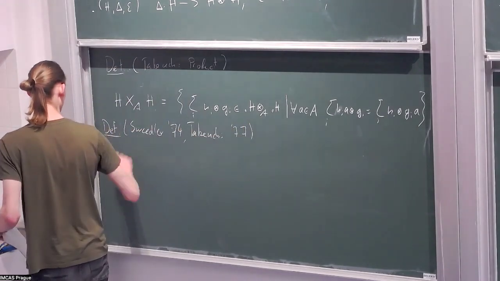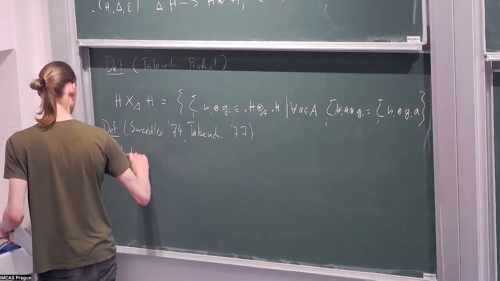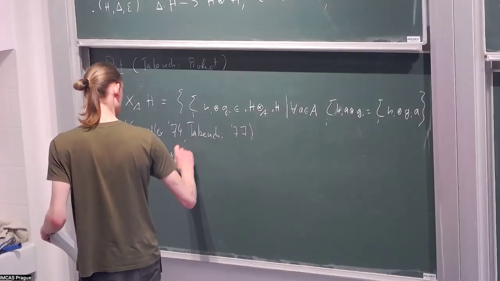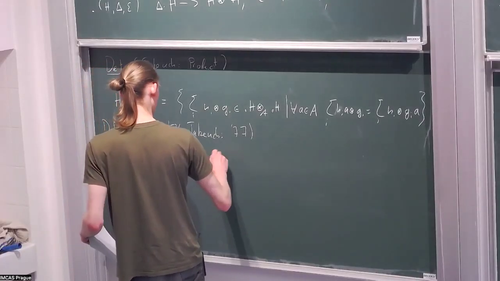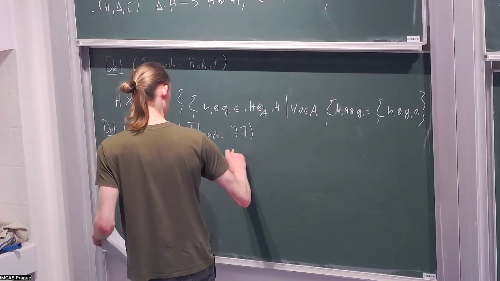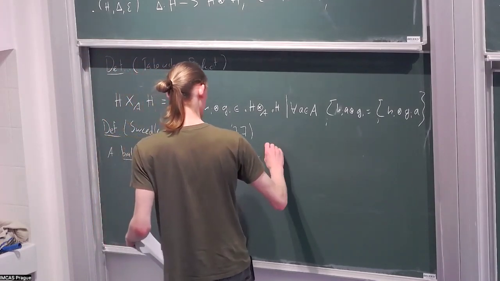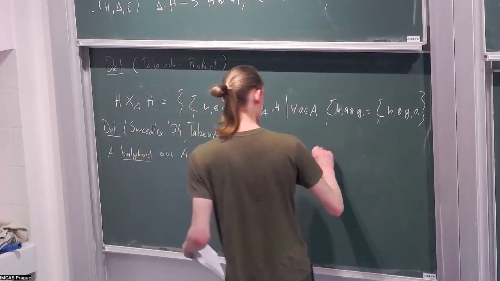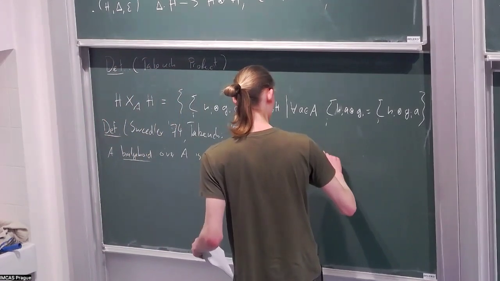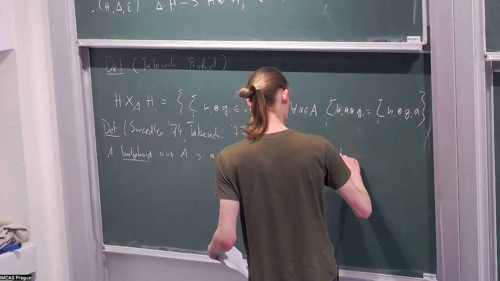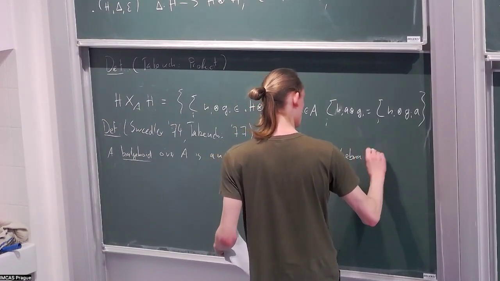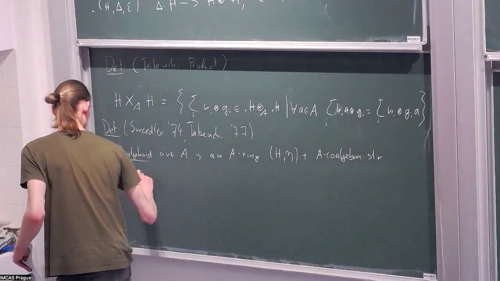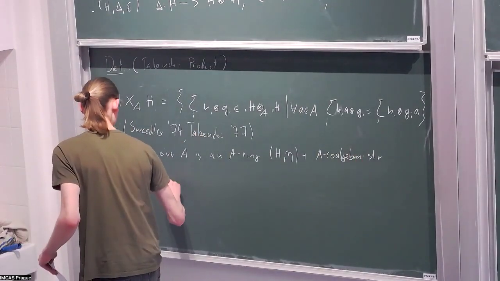So a bialgebroid over A is an A-ring H, eta, plus a coalgebra structure H, delta, epsilon on H,